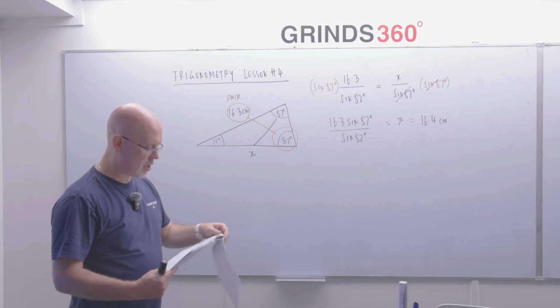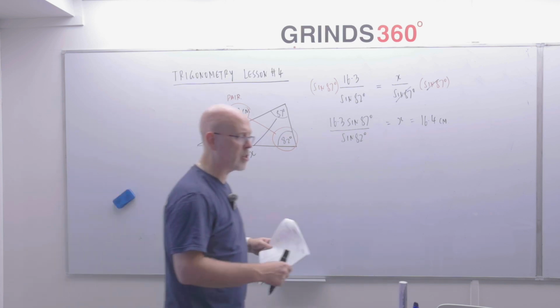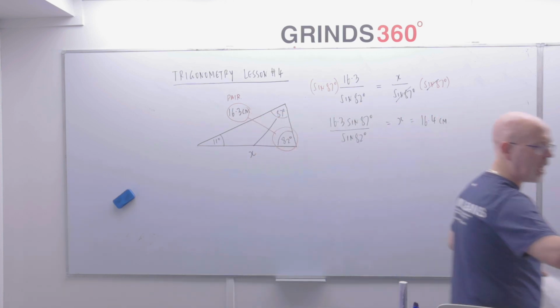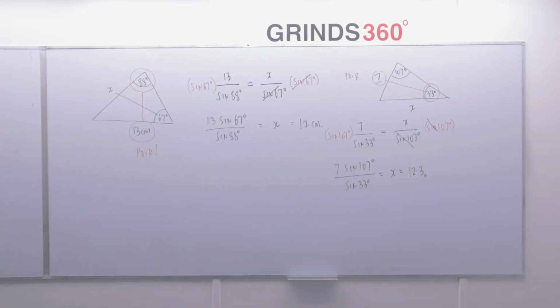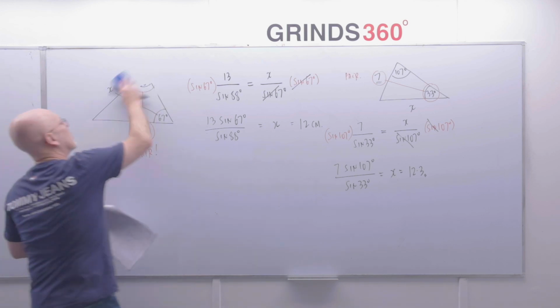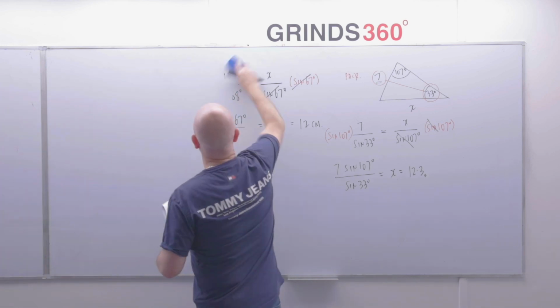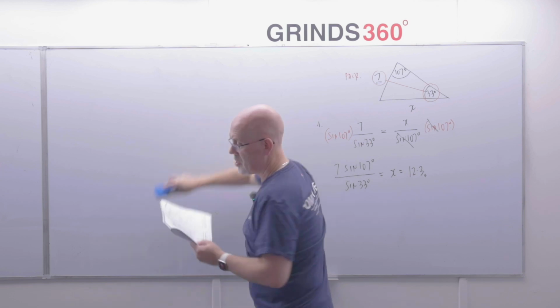Now, if you look at question 4.4 on the next page, when we're trying to find an angle, our method doesn't change in the slightest. Our method remains exactly the same if I'm trying to find an angle. So in this case here,